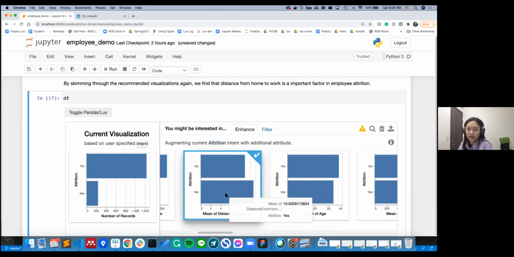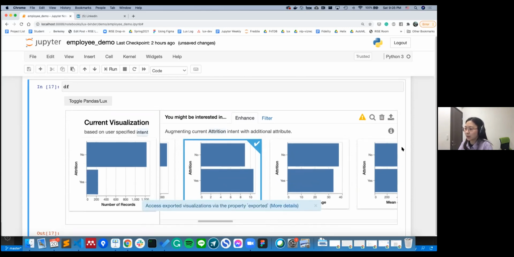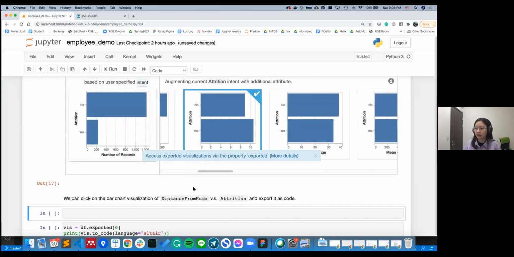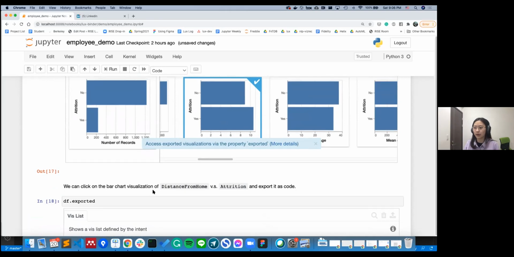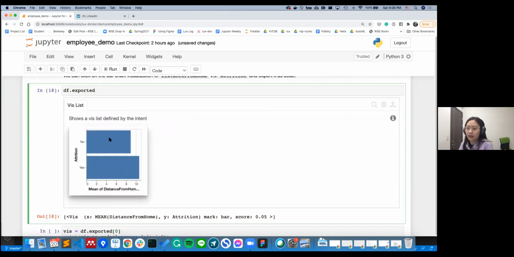So this is a really interesting insight, and we want to either dig into it a little bit further or share it with a colleague. The way that we can do that is we can click on a visualization in the Lux widget, and we can use this thing called the export button. When we click on this export button, this visualization gets stored in the exported property of the data frame. So when we do df.exported, what we can see is